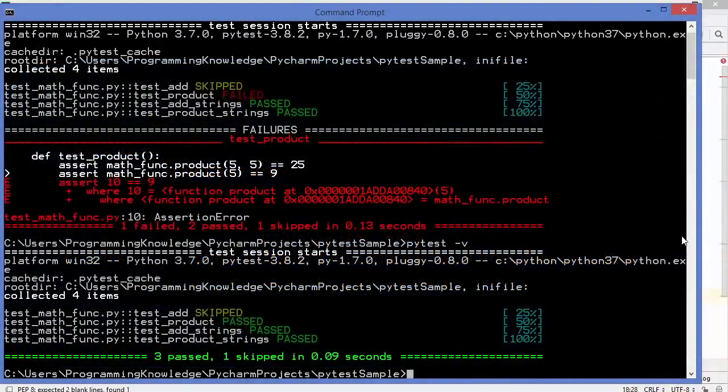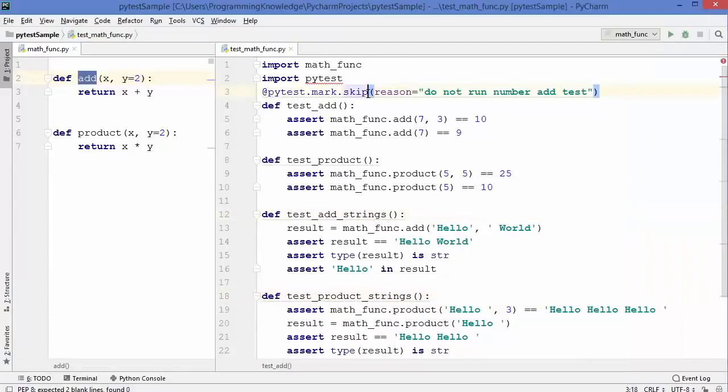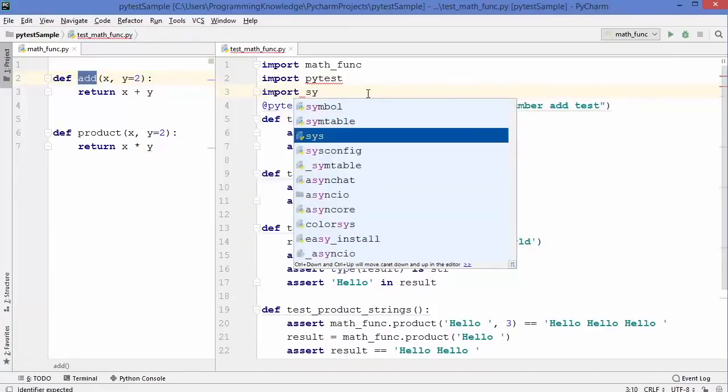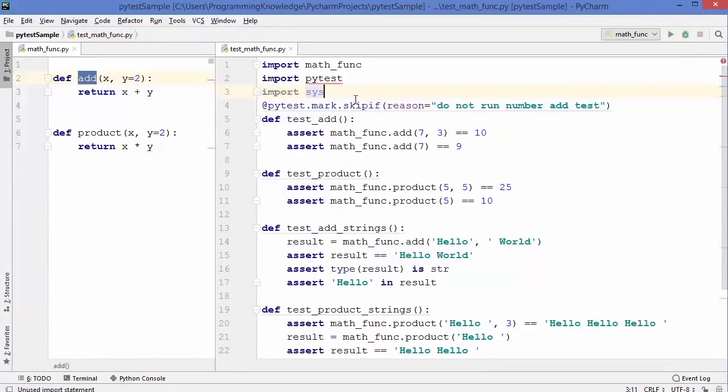Also there is a skip if option available. So here instead of skip you can just write skip if. So this skip if is going to check for some condition. So let's say I'm going to import the sys module here, which is going to give me the information about the Python version I'm running. And then as a first argument, I can first of all give some condition. So I'm going to just write sys.version_info, which is going to give me the version of Python available, and I'm going to check if this version is less than, let's say, 3.3, then I want to skip